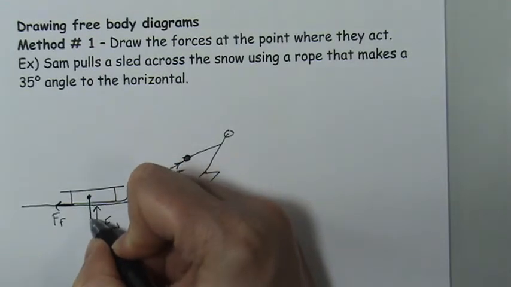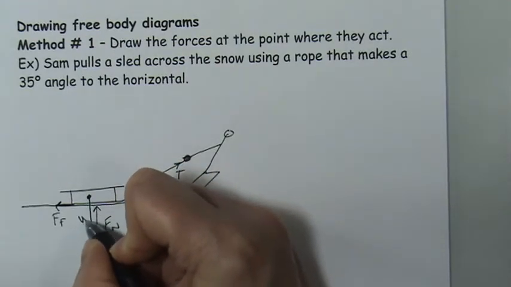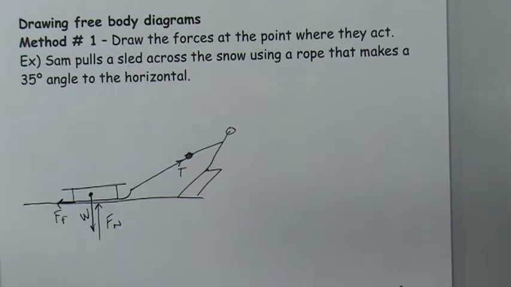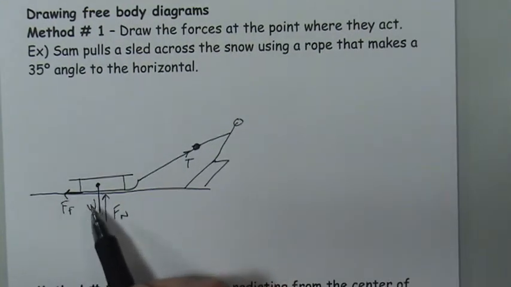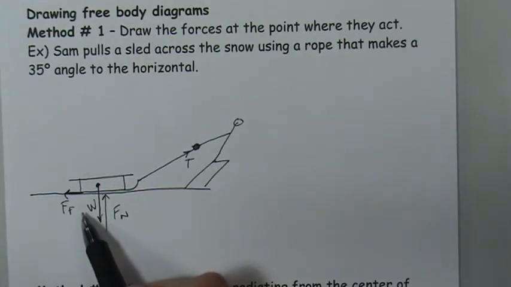The weight points downward. So I'm going to label that one as W. So the diagram is nice. It shows you where the forces are occurring. It's a good idea to draw diagrams like this, but it's very difficult to draw it with pencil or a